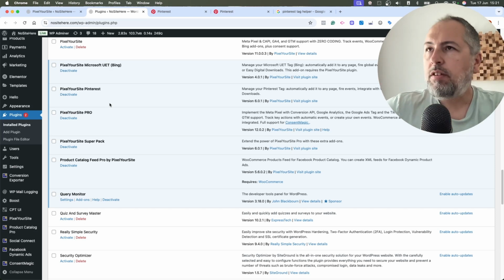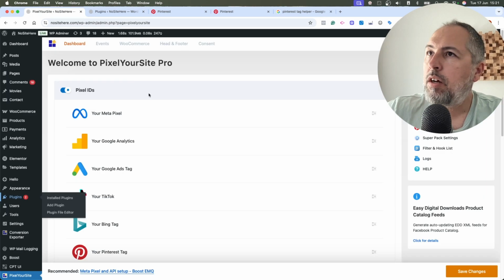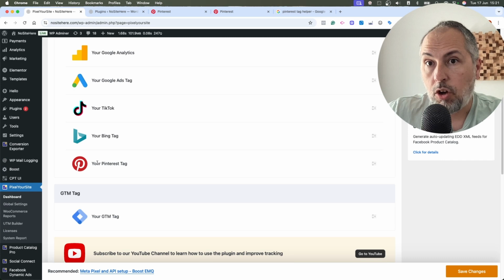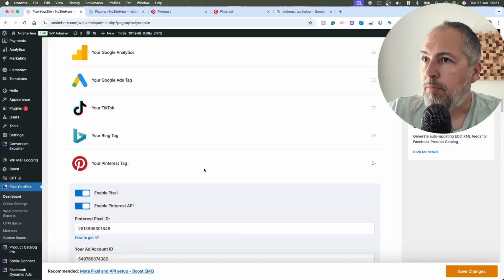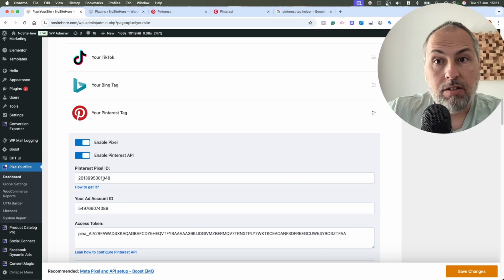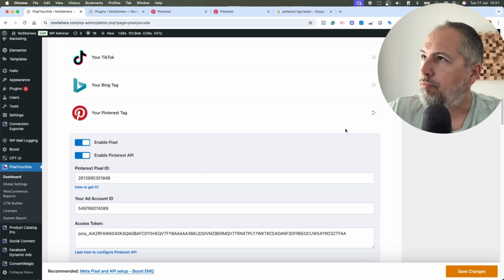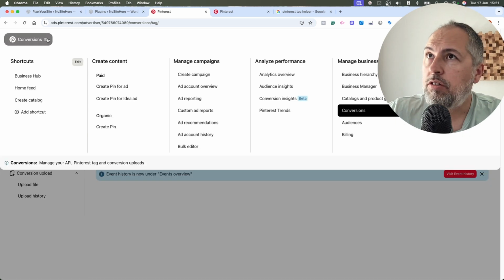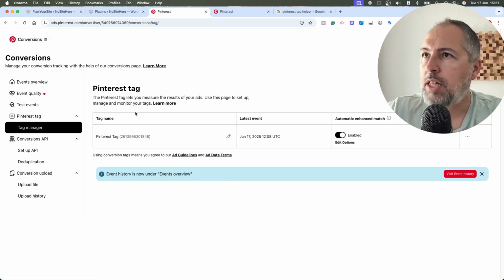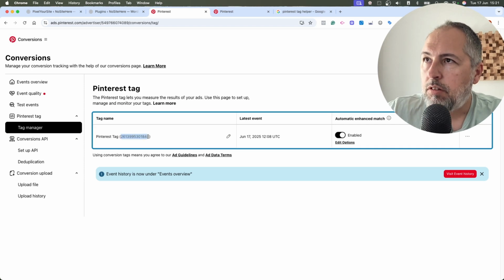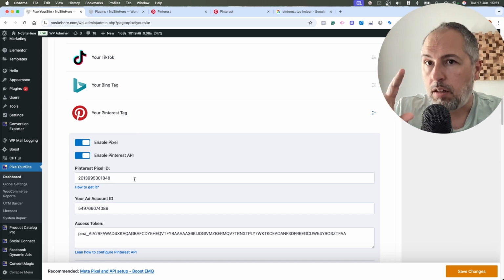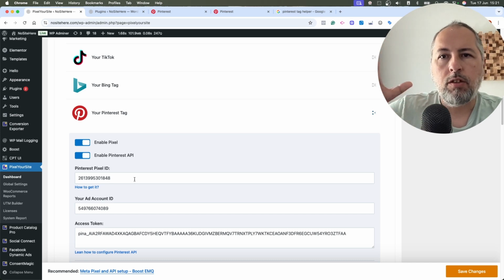So once you have both installed, you will see something like this. This is our main plugin, PixelYourSite, and here we have Pinterest options for tracking. You need to add your Pinterest ID right here and save. You can get the ID from your Pinterest Ads Manager, Conversions. Here you land on this page and this is the ID. So copy this, add it inside PixelYourSite and save. At this moment you will have the tag installed, and I will show you what type of events we track